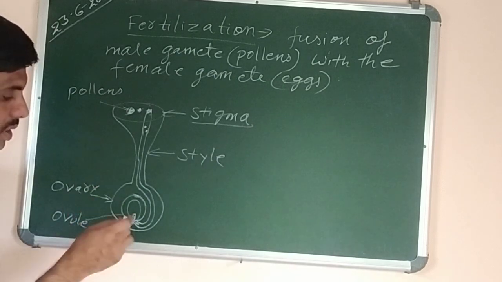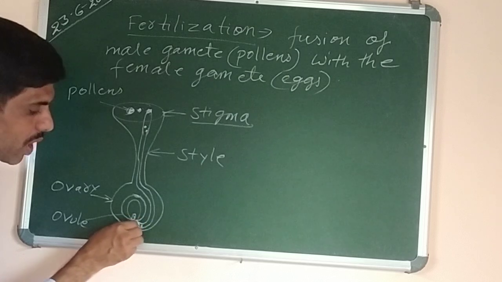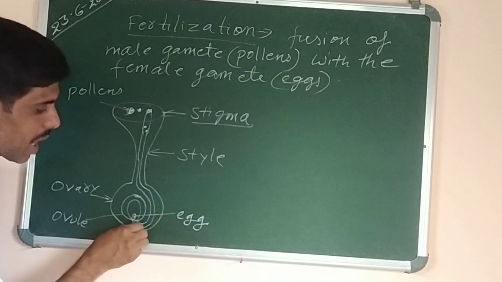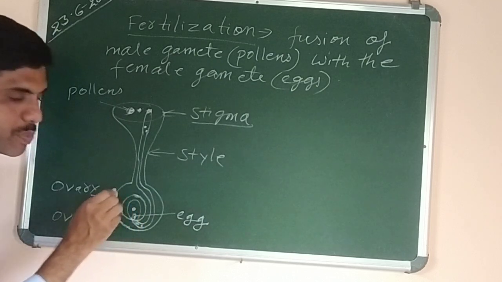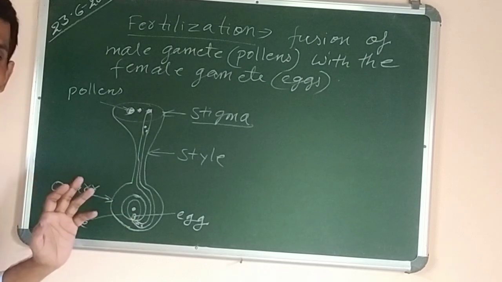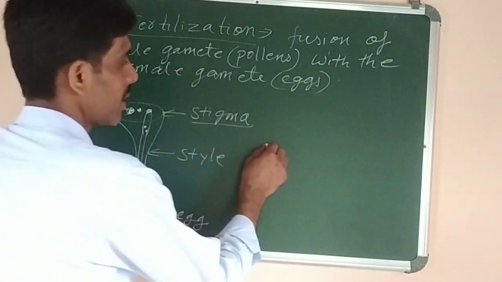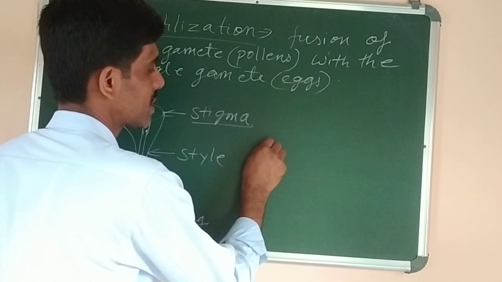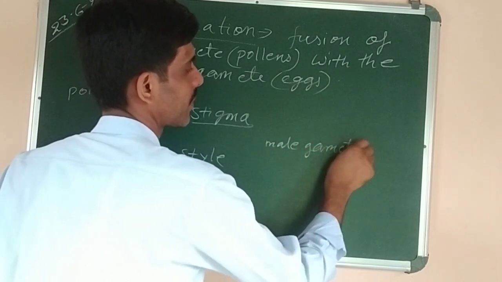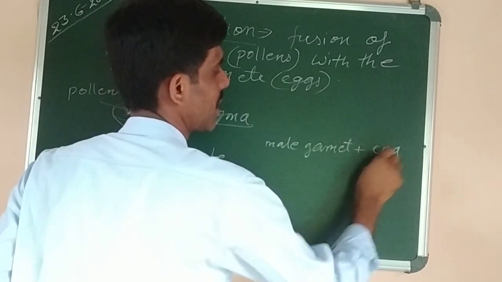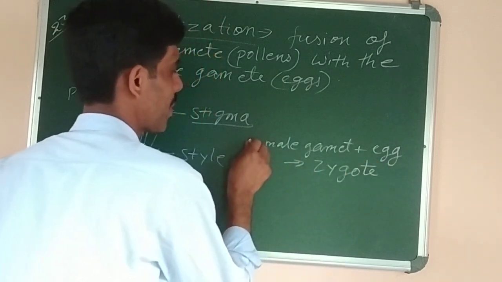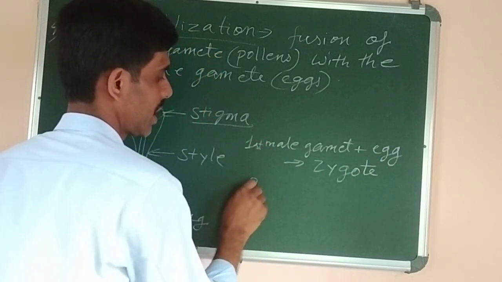Okay, so there are two male gametes produced here. One of the male gametes fuses with the egg cell, and the other male gamete fuses with the secondary nucleus, which is present in the embryo sac, to form the endosperm. So I will just write it here. One male gamete plus egg cell gives rise to the zygote. The second male gamete, this is the first male gamete, the second male gamete,